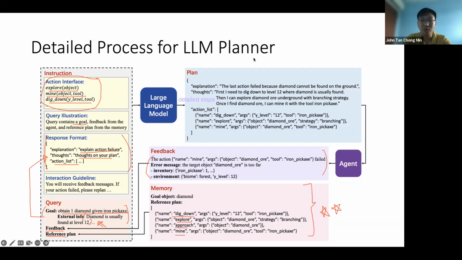Yeah. So what happens is, okay, the last action failed because this cannot be found. Okay, so what do I do next? I need to dig down to level 12, explore diamond ore underground. Okay, and then mine it with the tool. So this directly translates into the domain specific action list. Okay, I really find this very cool